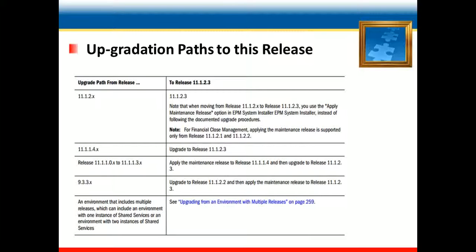Then we can directly upgrade from release 11.1.1.4 to release 11.1.2.3, and we can move from release 11.1.1.3 to 11.1.2.3, but for this we first need to apply the maintenance release to EPM 11.1.1.4, and then upgrade it to 11.1.2.3. Directly upgrading from 9.3.3 to 11.1.2.3 is not possible, so we have to move first to release 11.1.2.2, and then apply the maintenance patch for 11.1.2.3.